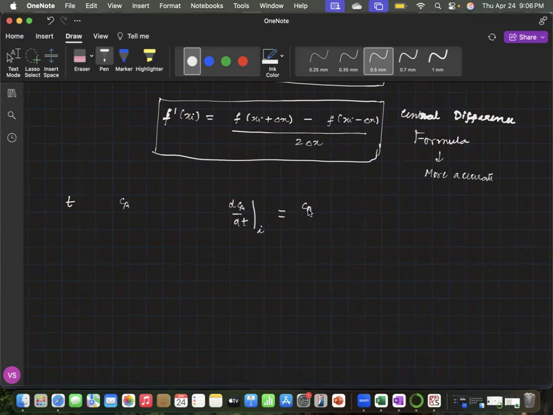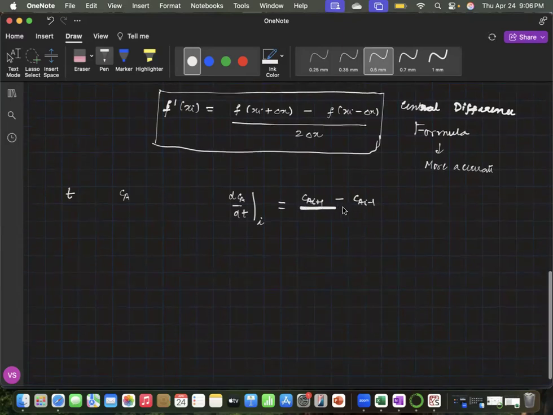So that's equal to CA(i+1), which is the point ahead of it, minus CA(i-1), the point behind it, upon 2 delta t. Since we know our time is 0, 0.1, and so on,